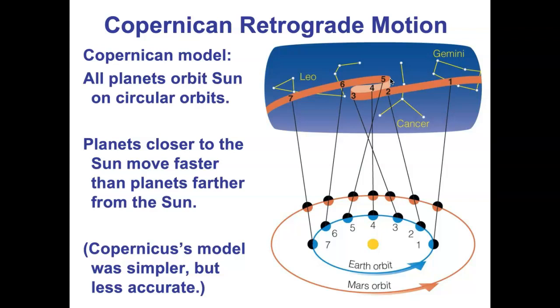The problem is, people had been using Aristotle and Ptolemy's idea for the loop-de-loops for 2,000 years. People had been tweaking and fine-tuning and improving the predictions for the motion of the planets using the idea of the loop-de-loops for 2,000 years. And so the old way of doing things worked really well. It was very accurate. It accurately explained the motion of planets.